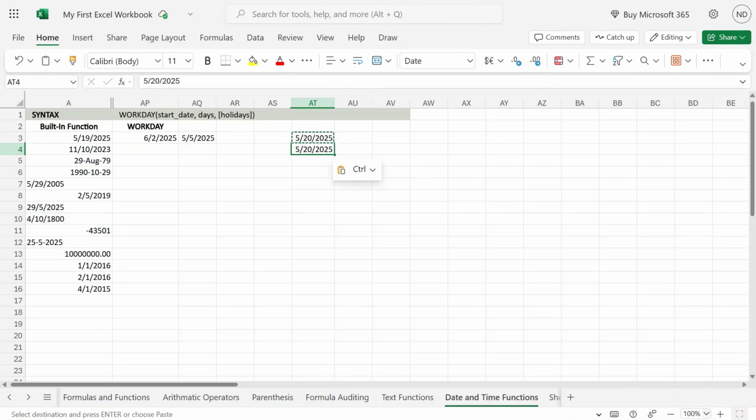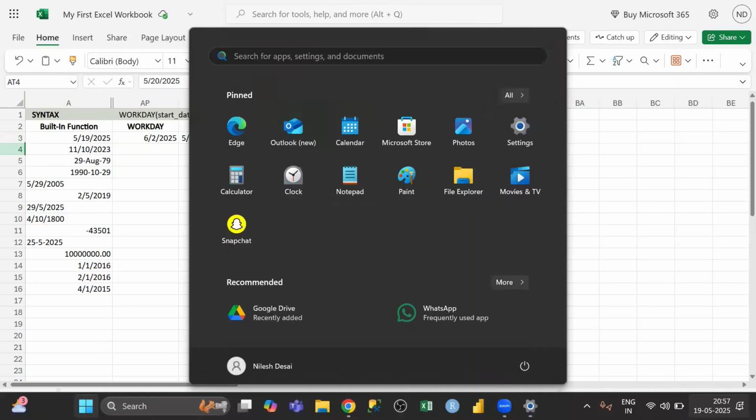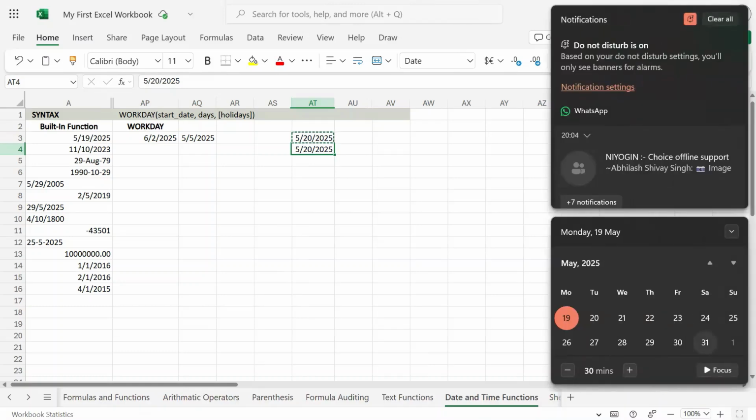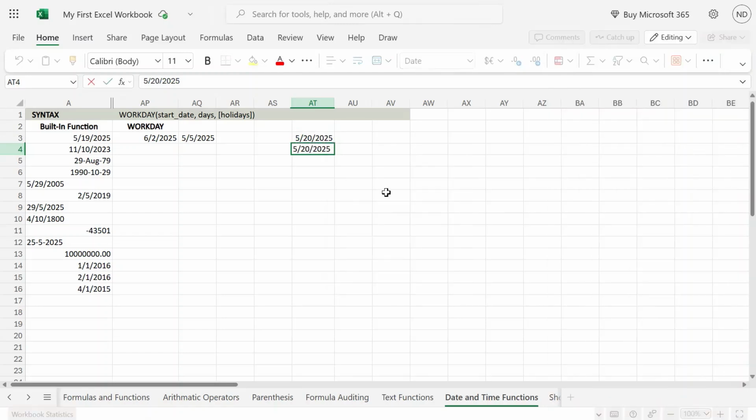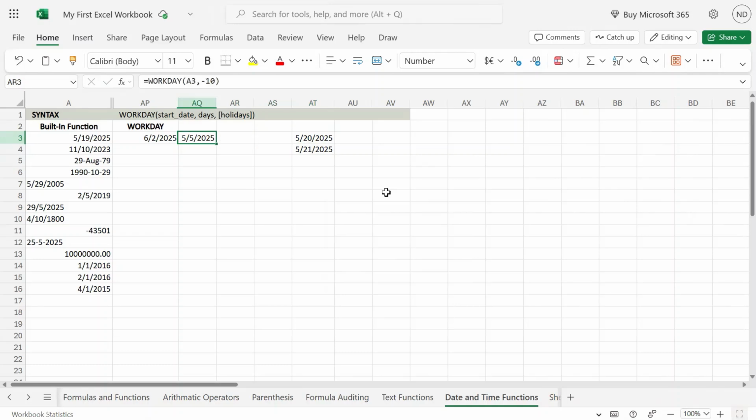So let me see that it's not a Sunday so that I do not get any Sundays here. So here we can see 19th, 20th, and 21st I'm taking as holiday. And ideally, the date that will be shown now, it should be 4th. So let us see